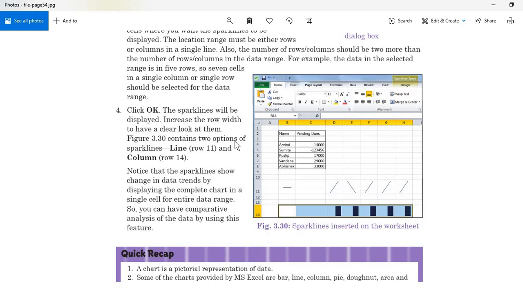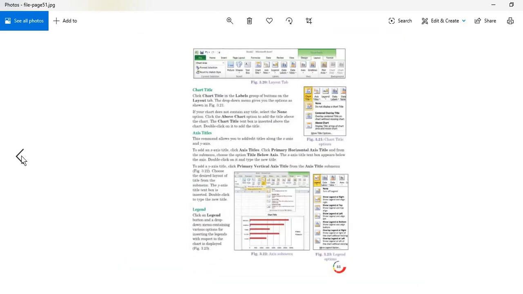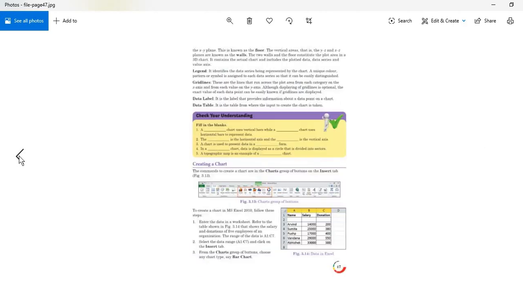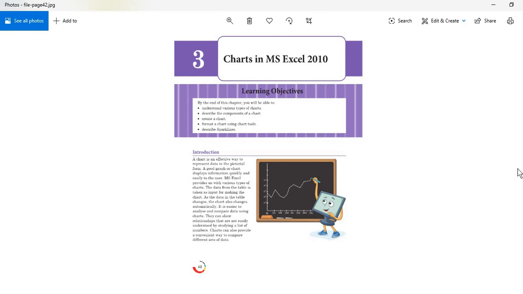You can just sit back and look at the video and practice on your computer if you have one. If you don't have one, you just go through the steps I am saying and read those parts as well in the book. If you have the PDF, you have the book, then go through that, right? Now, we were supposed to discuss the types of charts today, right?